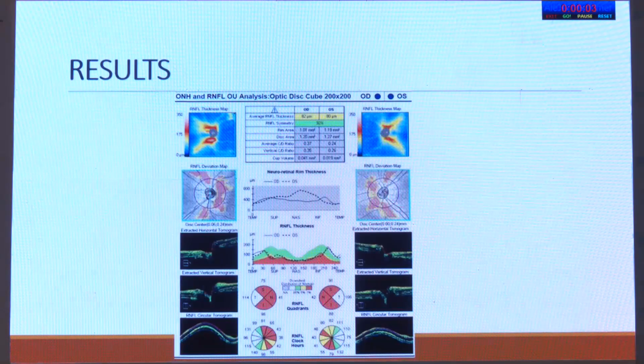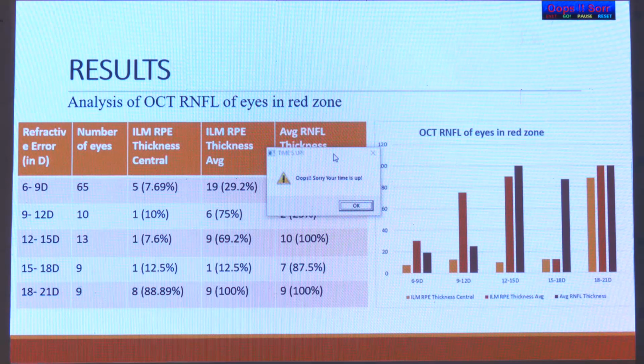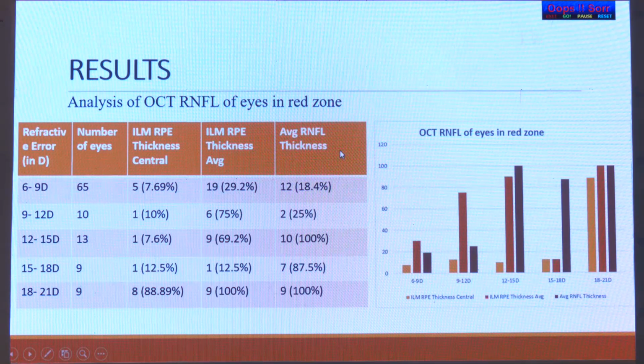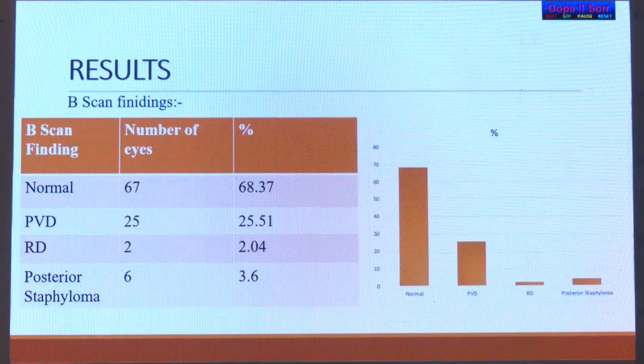and the average thickness was, of total eyes, the majority in 37%, in yellow zone with 13%, and abnormal total was 50%. Then changes in the RNFL in red zone: the majority were present in the 12 to 15 diopter with the average thickness. Then OCT RNFL in yellow zone. Then B scan findings: normal B scan findings were present in 68.37% with posterior staphylomas in only 6 cases,